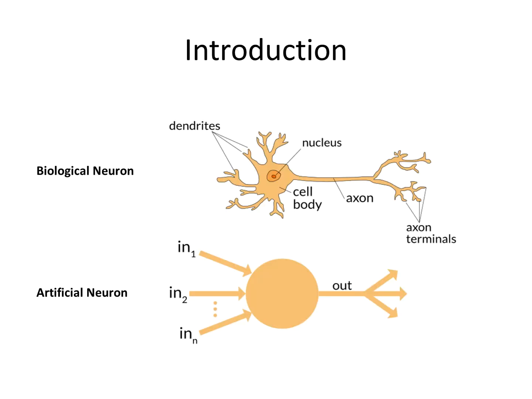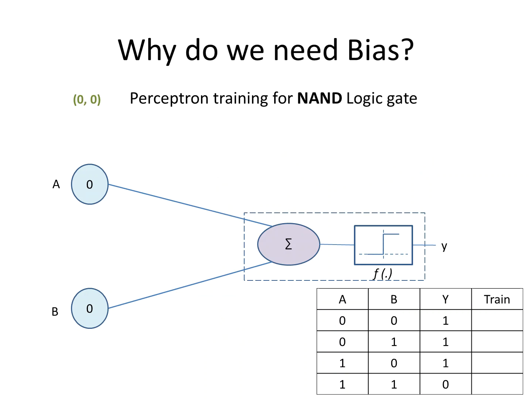So in an artificial neural network, the basic element is the artificial neuron, and its concept is taken from the biological neuron in our brains. In the neuron, dendrites act as input, some processing takes place in the cell body, and it provides the output via axon terminals. A similar concept is taken in the artificial neuron, where we have multiple inputs that pass through a weighted sum, and further pass through an activation function, which provides the output. This is the basic element, and with this the perceptron is created.